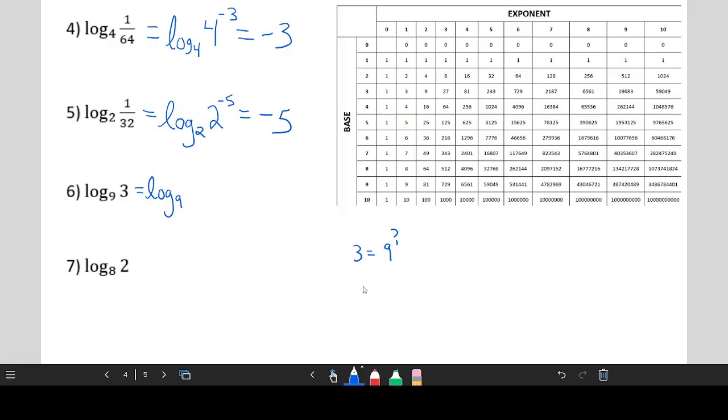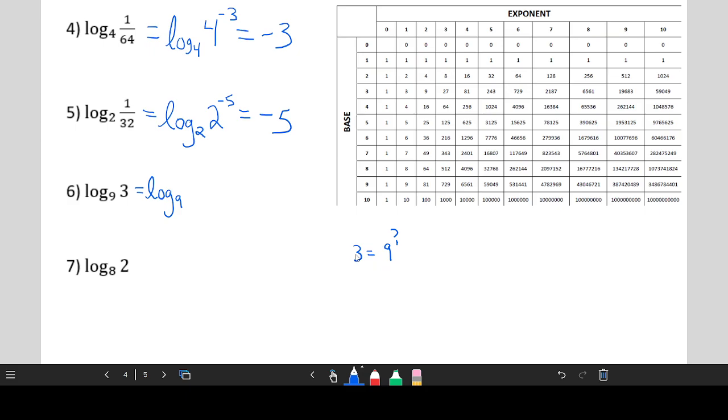And so you might be thinking, well, what exponent can I raise 9 to that would make it smaller, right? If it's not a negative exponent, right? We don't want to do a negative exponent because then we'll get something that's less than 1. So this is going to be a radical of some kind. If both numbers are greater than 1, but we need the exponent to make it smaller, that's going to be